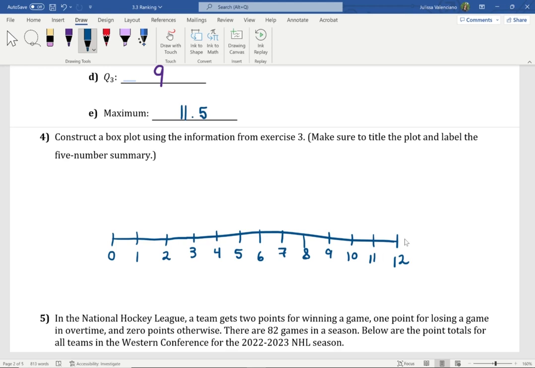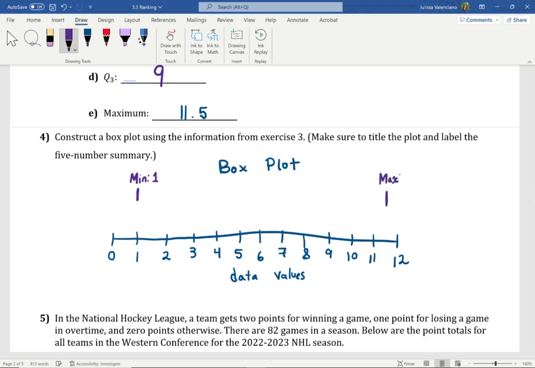Here we have the number line that is going to help us create the box plot. Now we do want to label this number line. I'm just going to label this number line data values. We're not given information about where the data values are coming from, so we don't know the units, we don't know what they represent. And so that is why I'm just going to label this data values. Now here we would need a title. Again, we don't have information about the data set, so I'm just going to label it box plot. What I do want to emphasize is that you need a title for the number line, and you need a title for the plot.